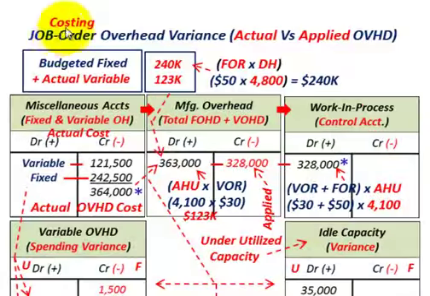What we're going to be going over here is job order costing, and we're going to look at overhead variance analysis for job orders that we have. And we're going to be comparing our actual versus our applied overhead when you're talking about overhead variances. So we're going to have both a variable and a fixed overhead that we're